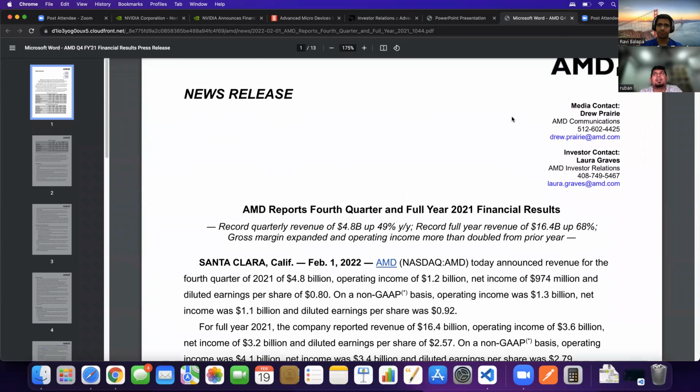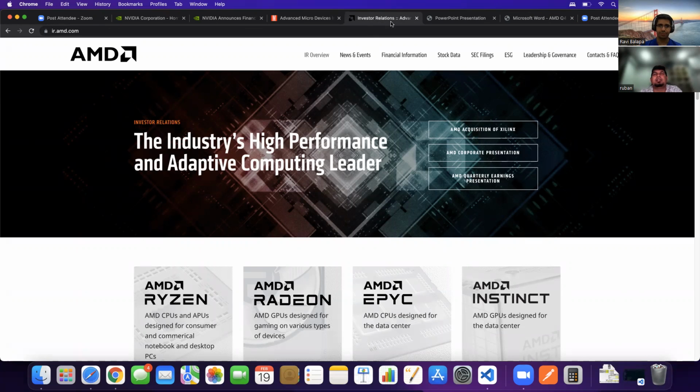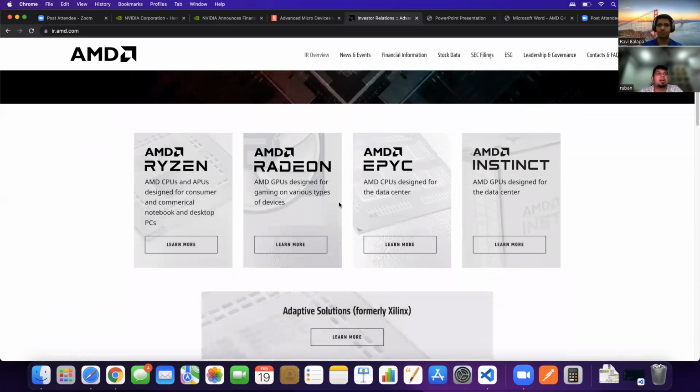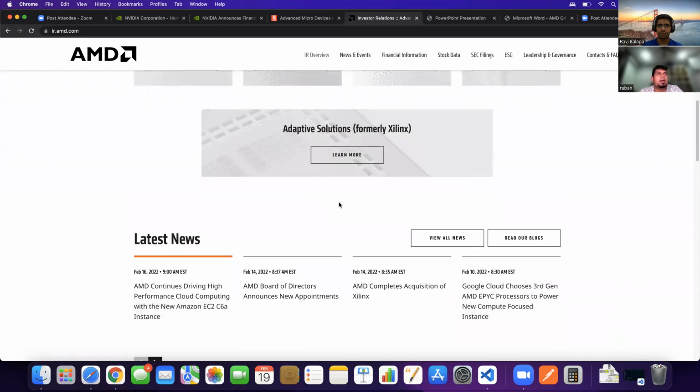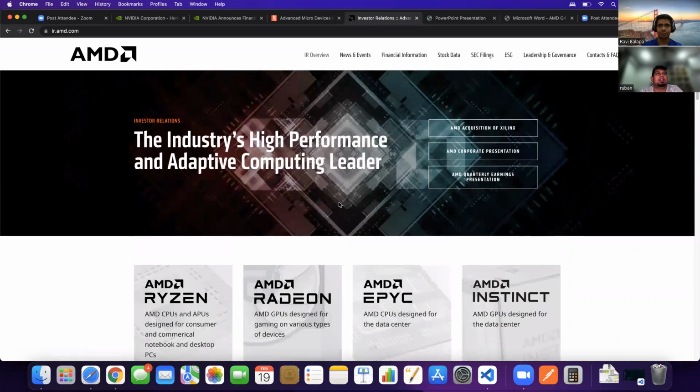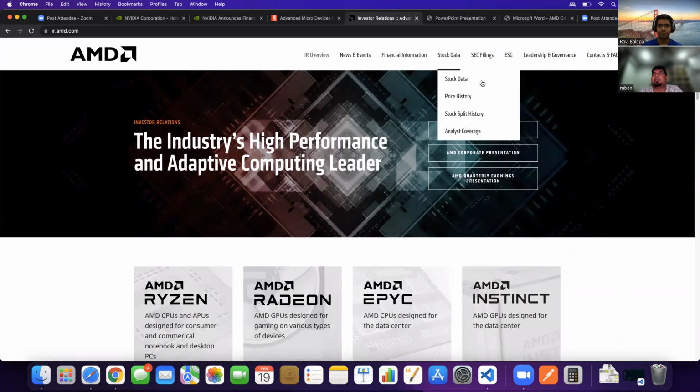Yeah, sure. As we all know, AMD is one of the biggest semiconductor players in terms of technology. These guys do both graphics cards as well as CPUs, computer processing. Recently they acquired Xilinx, so from now on they will also be the world leader in FPGA, field programmable gate array chips. This company has become a behemoth. It's basically the silicon tech powerhouse.